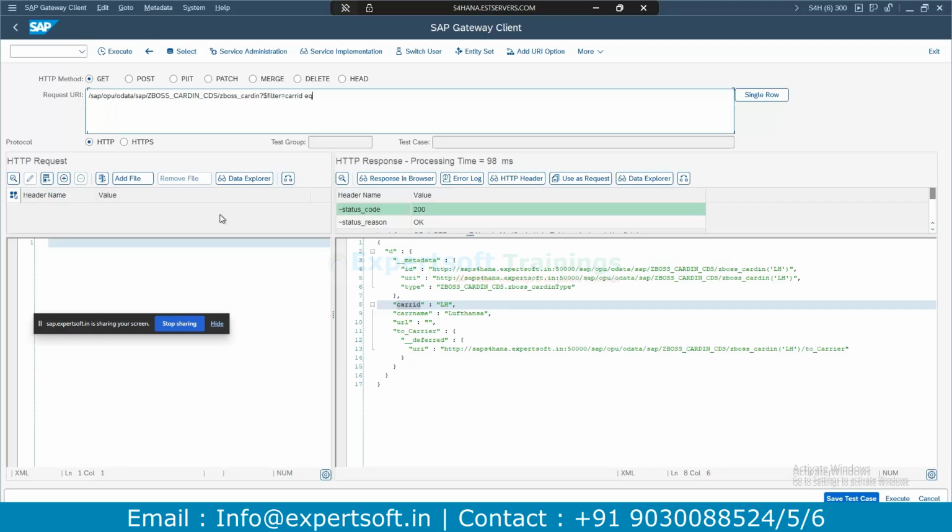And if you want to use it across an Excel sheet, we call it AFO. In the Excel sheet, if you pull the data and do operations on it, we can particularly use annotations in the CDS view on top of the composite view. So wherever we are using it, accordingly we can add the annotations.